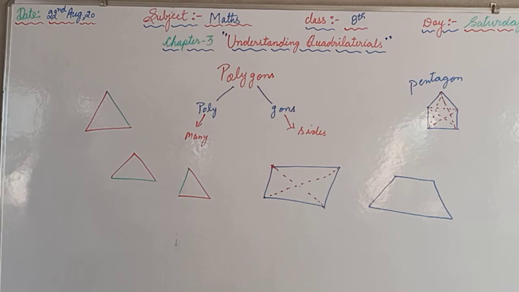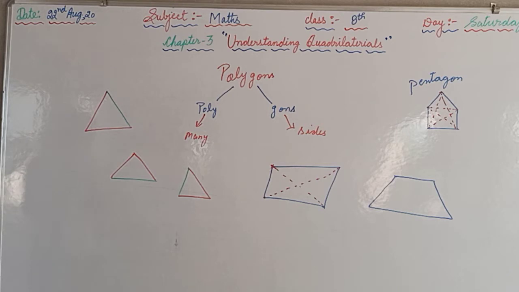Simple closed curve, again you can find out. Polygons are there. Polygons means the edges should be there. First one is the polygon, second one is the polygon, third one is not a polygon, fifth one is also not a polygon, sixth one, seventh, no, neither of them is a polygon. First and second is the polygon only. Convex polygon means in which the edges are outward, so second one is the convex polygon.